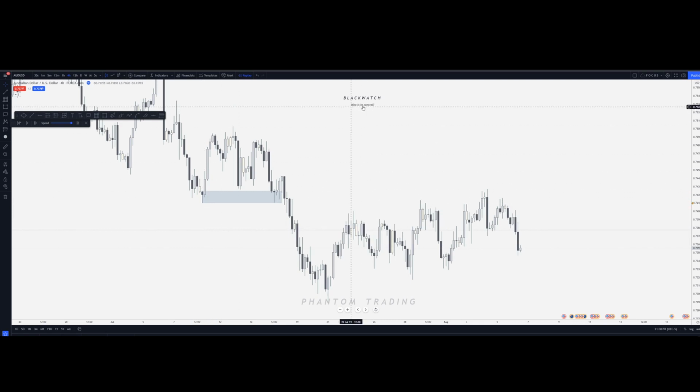Who's in control? Supply. So why did demand give a reaction of supply and control to build liquidity? Now what I mean by liquidity is sometimes it's to be swept, sometimes it's to be used as part of the supply chain or demand chain, but often it's just the idea that price is going to come into that level to use it to either run price lower or potentially sweep it and do whatever.